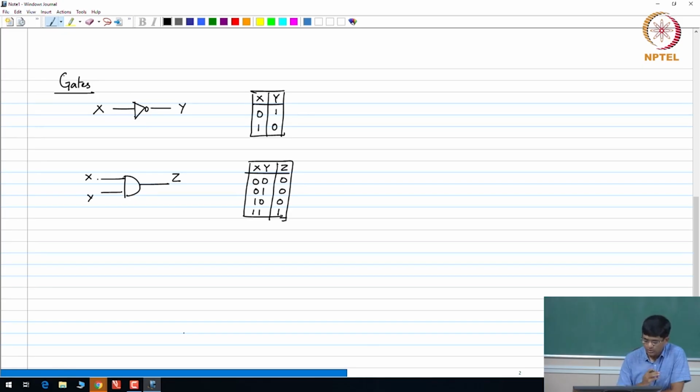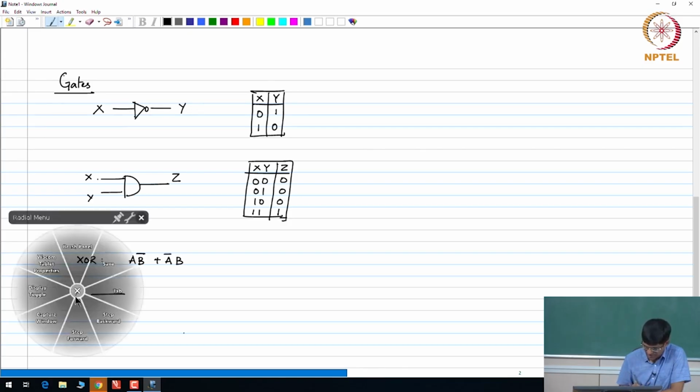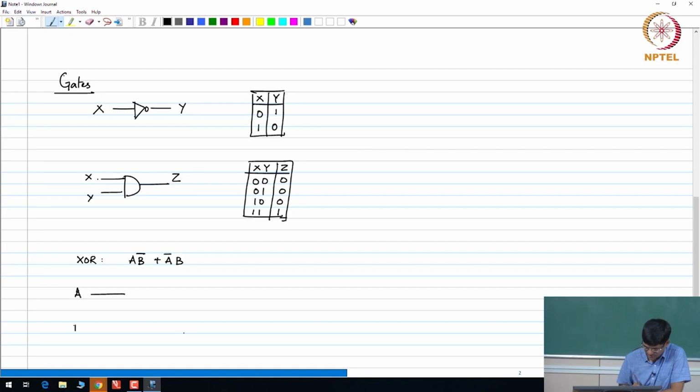Okay. Now people have reasoned a lot about this and found out how to take this further. Using these simple gates, how do we then build up more and more complicated systems? For example, you could use an XOR gate, which could be defined as, if I have two inputs, A B bar plus A bar B, which in turn would be made up something like, if A and B were my two inputs,